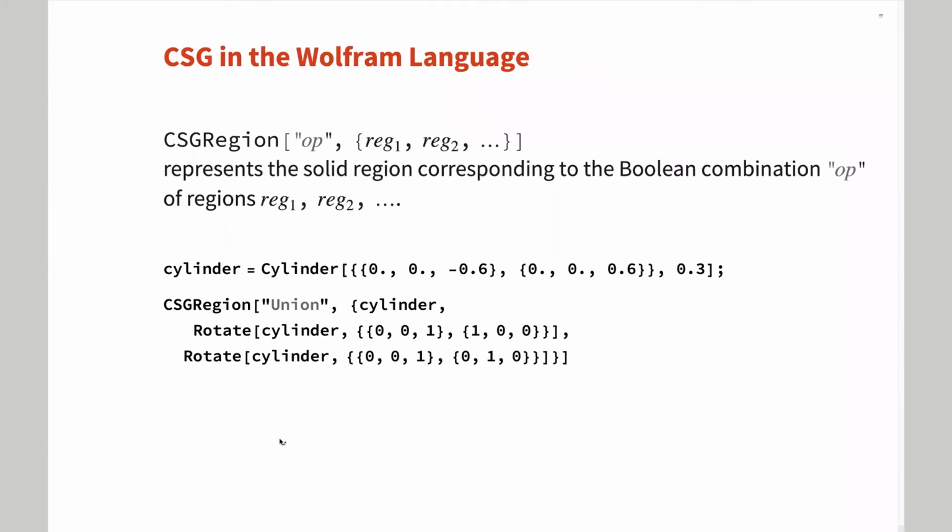So now, how do you do that in the Wolfram Language? In version 13, we introduce an object we call CSGRegion. The first argument is the function, and the second argument contains a list of regions. And these regions can be nested